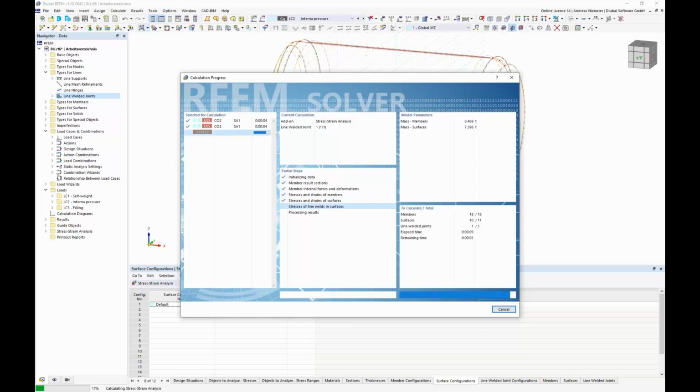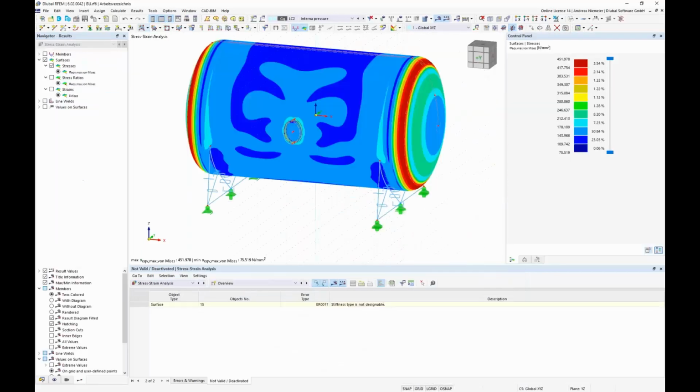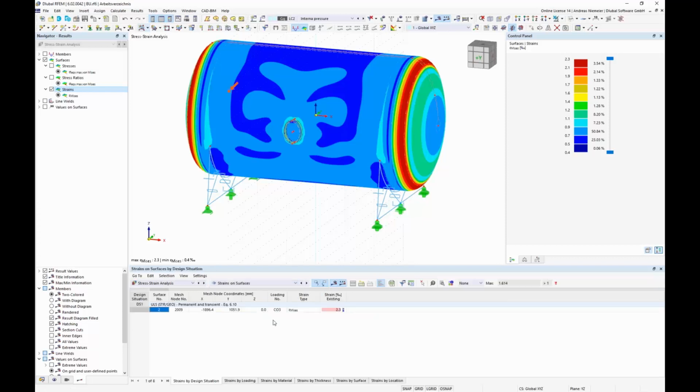Maybe then the program is comparing or checking the plastic strains. But what happens? We have now a stress which is bigger than the yield strength. The strain is also bigger, 2.3 promille, but we have no check against the plastic strains. 50 promille is still not checked, and this is only checked if the program knows what a plastic strain is. So we have to teach the program what is elastic and plastic, and for this you have to go